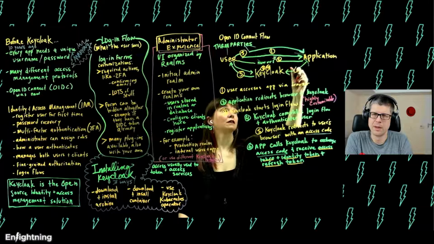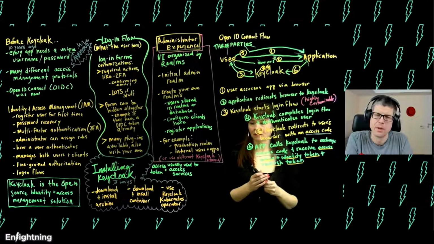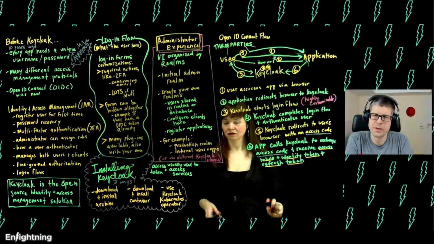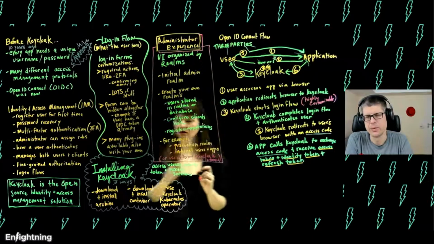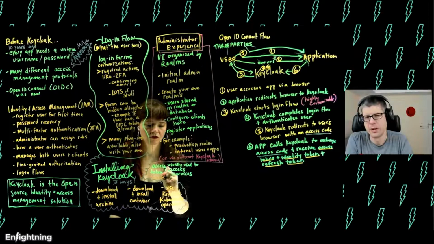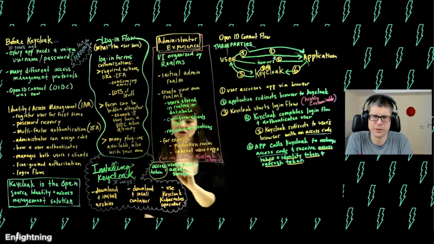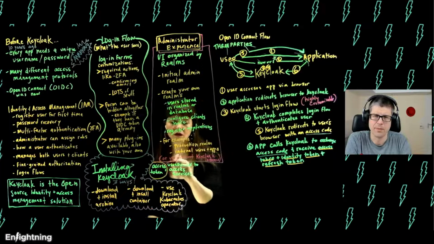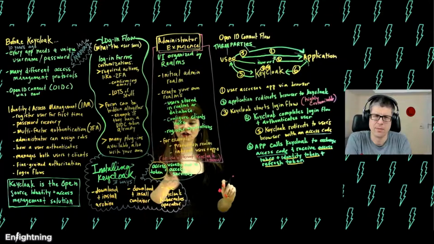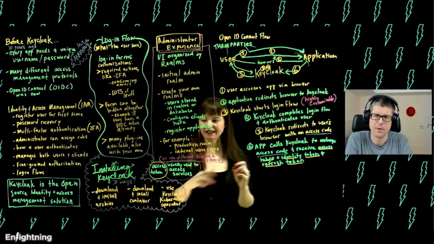And then this access token will expire, and then you will use the refresh token: send the refresh token to Keycloak. In return, you will receive a new access token and refresh token. So an access token is used to access services. And then we have the identity token.